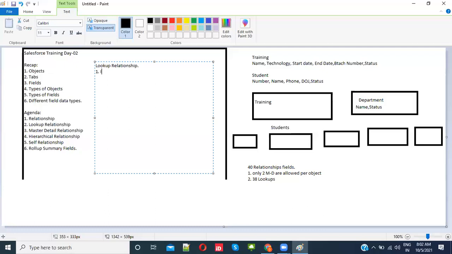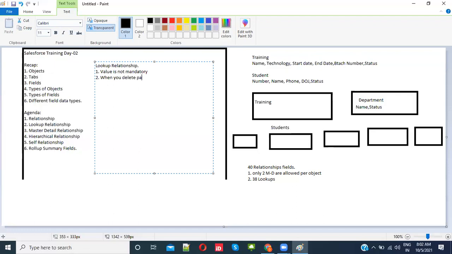Lookup relationship: first one, it is not mandatory, meaning the value is not mandatory. Okay, then when you delete the parent, meaning when the department is deleted, the value is empty.